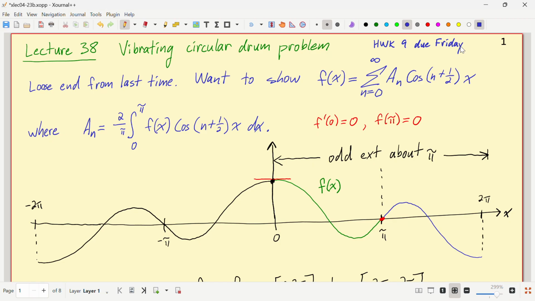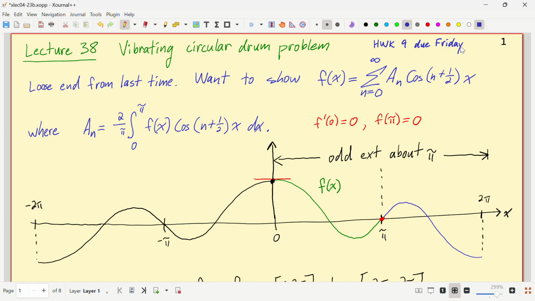So I've got this function f. It's only defined on 0 to pi. That's the initial temperature distribution of the wire. And we had the boundary conditions. The insulated end would have 0 temperature gradient. So we would probably have a function f such that f prime of 0 is 0. So there's no heat flow across the boundary. And f of pi was held at 0. So that's the type of function we're looking at.